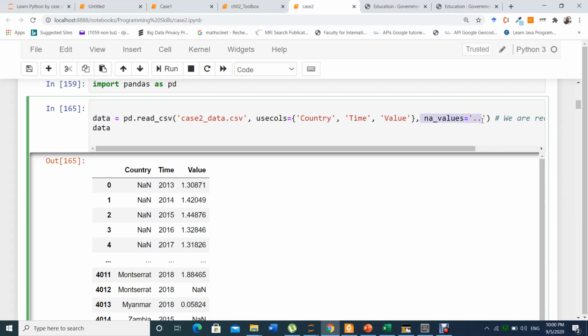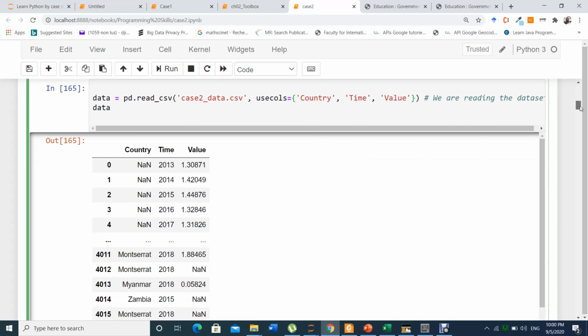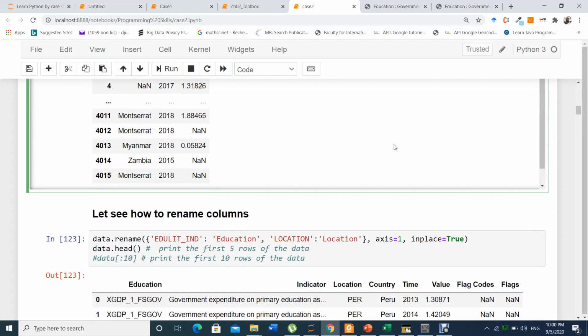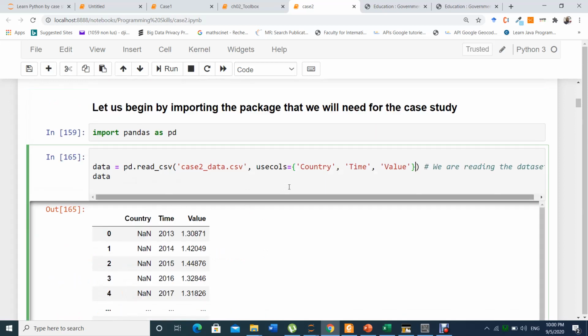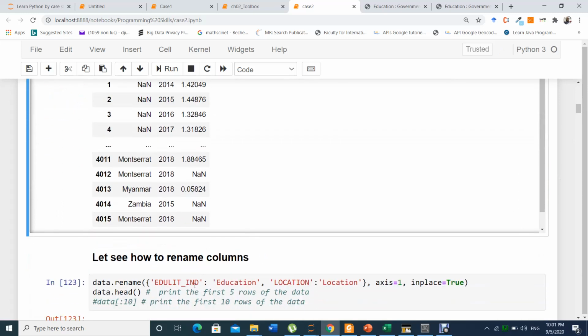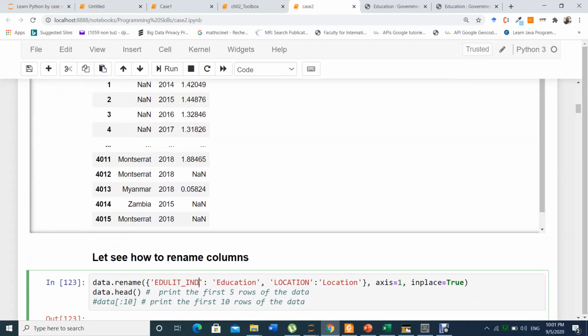So for now, let's skip this, just to explain to you how to clean your data if you have some missing information. For now, let's show how to rename some columns. For instance, I want to rename the column country. I want to rename it as, for instance, Python. So I just say here, for example, country.